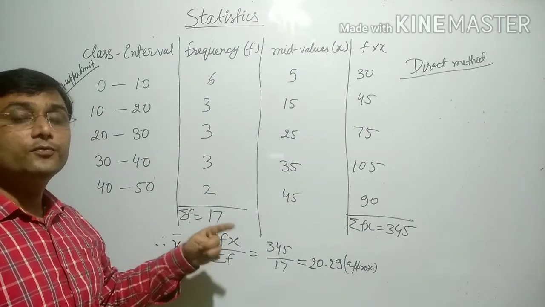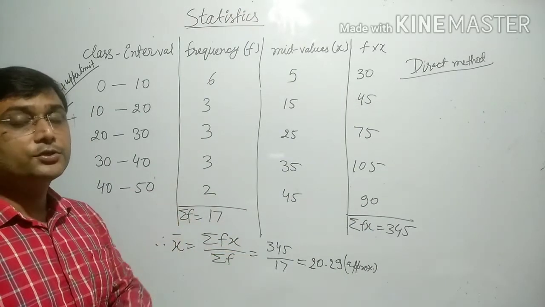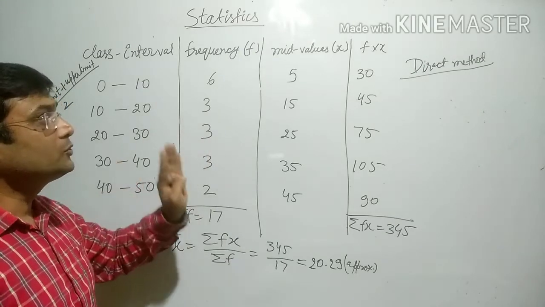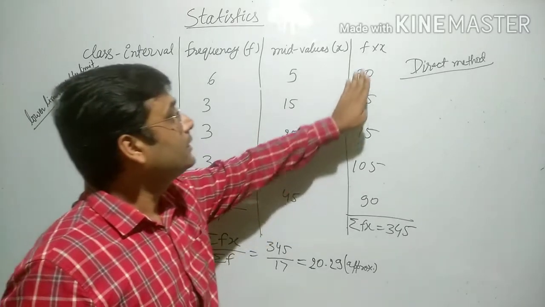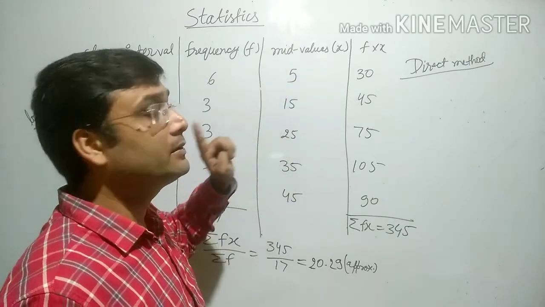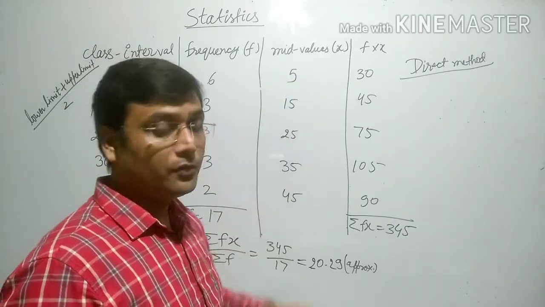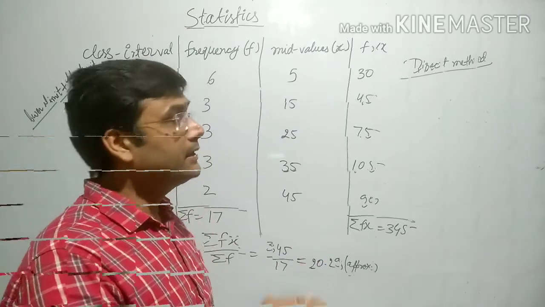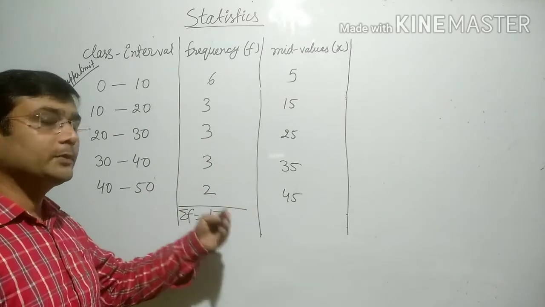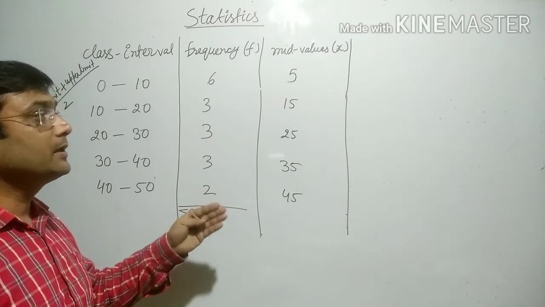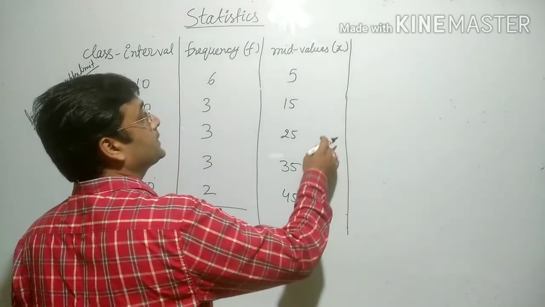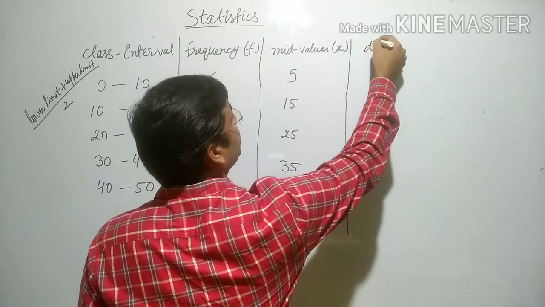Similarly, we will do for the next method, that is the shortcut method. In the shortcut method, we will do the same thing whatever we have done. There is no problem. First of all, we will not write this step. After that, we will do whatever assumed mean type of work we have done. So now I am rubbing this and then adding the new part. If we have to solve the same question with the help of the next method, that means the shortcut method, what will we do additionally here? In the next step, we have to find d, that means deviation.